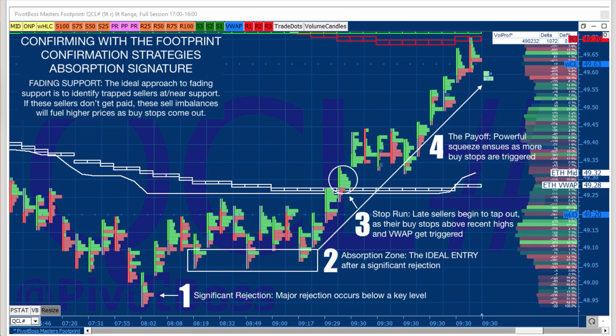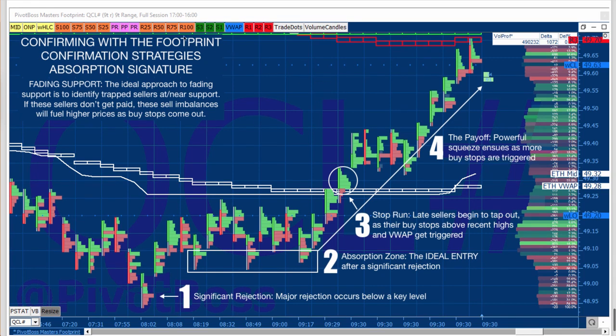Here's another good question. Is the order flow visible on the daily time frame too, in order to identify a swing trade, or just intraday? The footprint chart can be configured to go higher time frame. What I do is go with a number of ticks, for example. Right now this is a 10 tick range. It says 9, but it's a 10 tick range. So if you wanted to do something for the ES, perhaps you can do a 20 tick range or something like that, and it'll pop up something that looks like a daily chart, and that's where you're able to see it much bigger. So yes, you can use it.